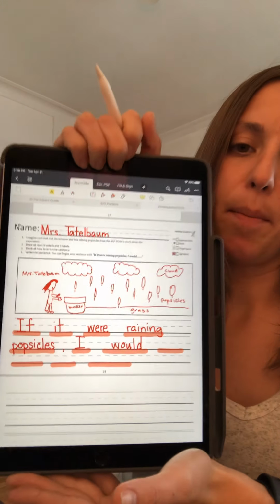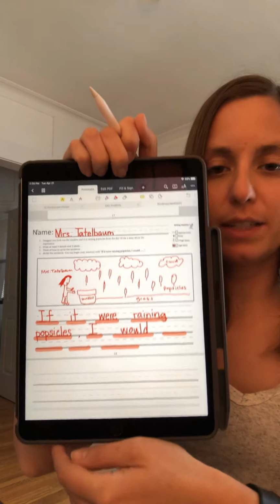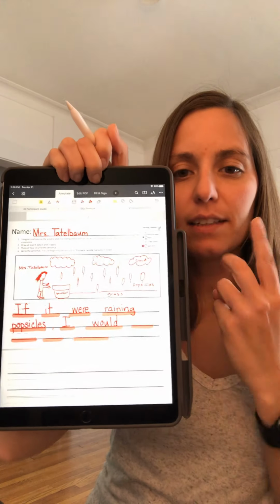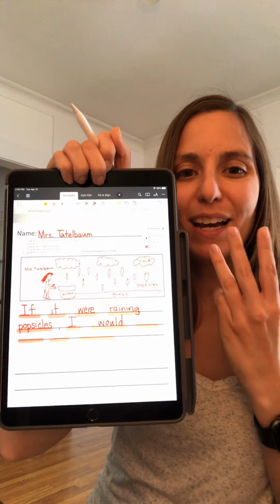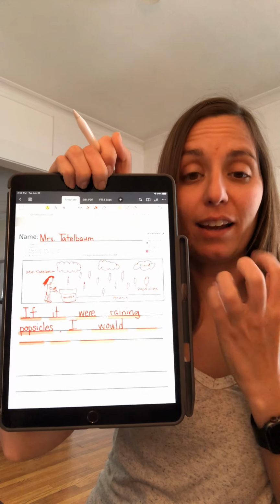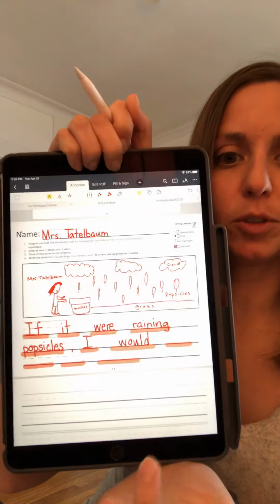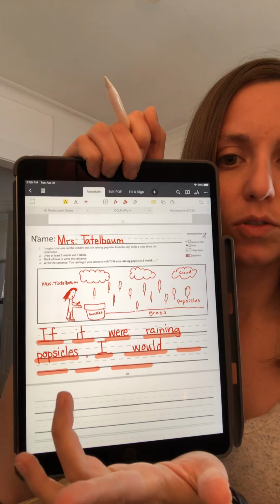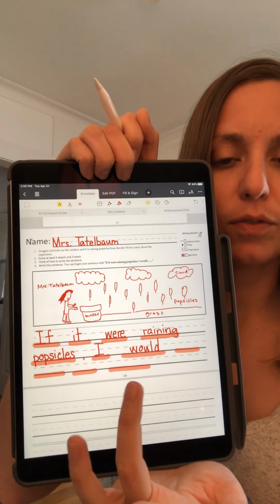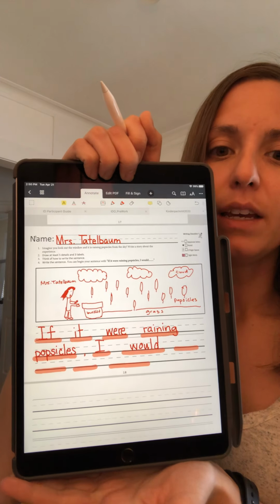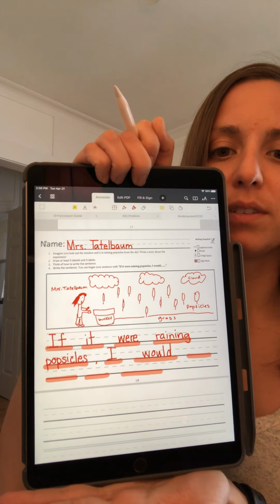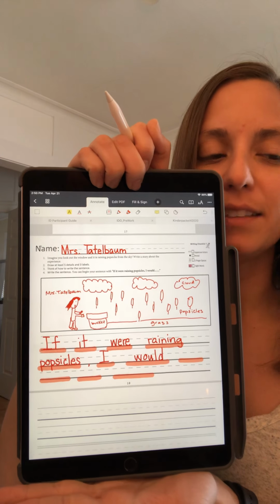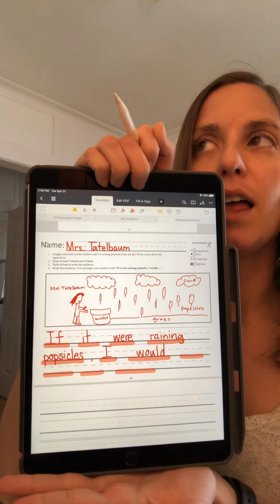Get a big bucket. So how many words do I need to add? Let's count. Get a big bucket. I got 4 words. Did you get 4? Let's double check. 1, 2, 3, 4. If it were raining popsicles, I would get